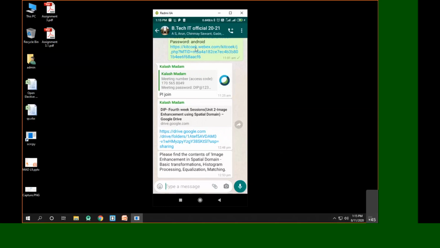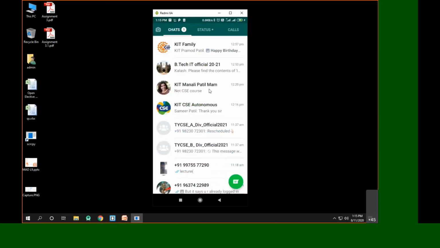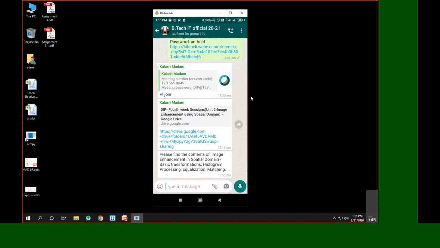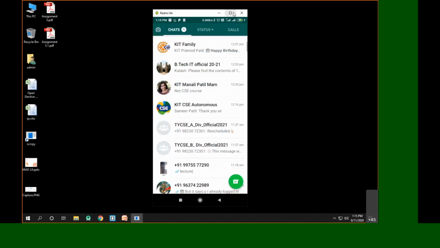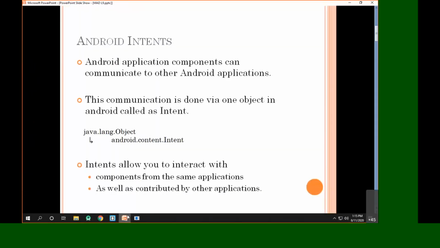This is what we are calling the communication. In activity A, if I click on a specific chat, I navigate to another activity, which is called activity B. This communication is done via the object called the intent. This kind of communication is called communication via intents.